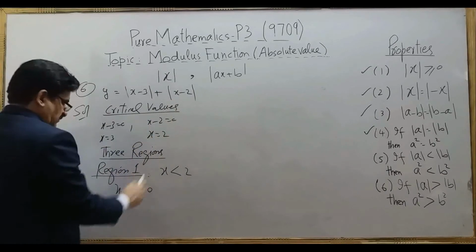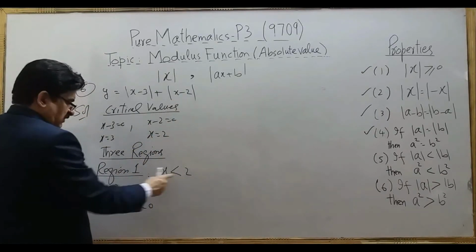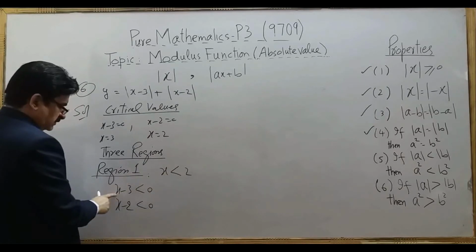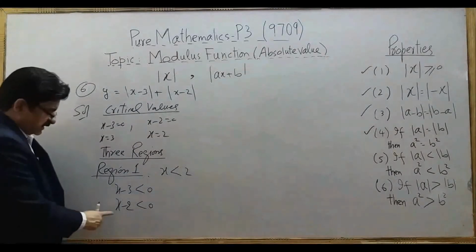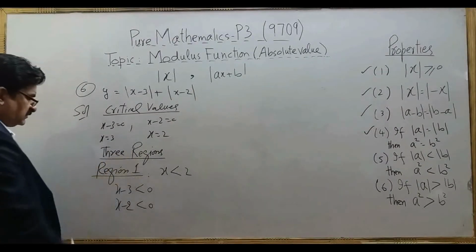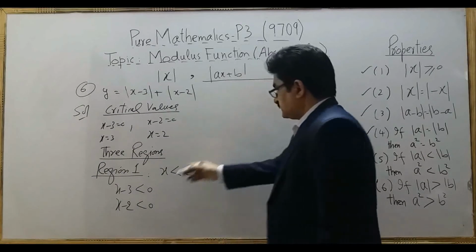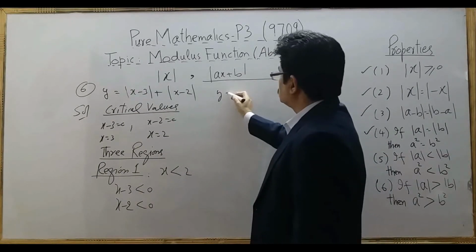And x minus 2 will also be negative, because if you put 1 it will be minus 1 here, and if you put 1 here it will be minus 2. So for both these values it is negative. This is region 1. So y becomes